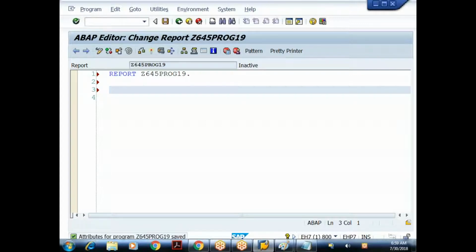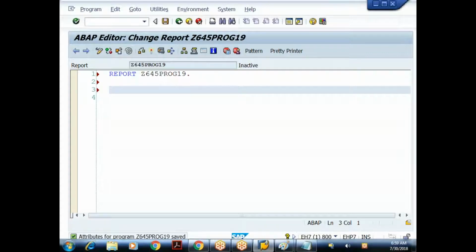When I say employee data, again we should have the idea what data you want to store. Like employee number, employee name, employee salary, employee department number, department name, designation, like that. We have n number of data related to the employee. In this context, I want to store three fields: employee number, employee name, and employee designation.